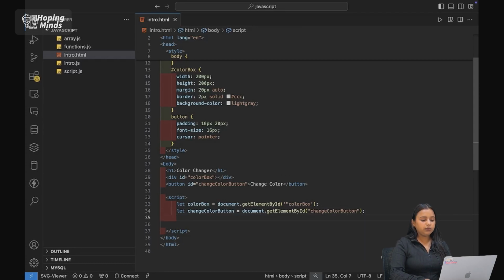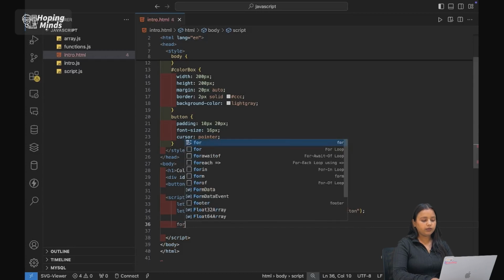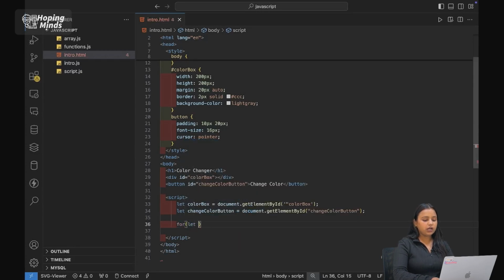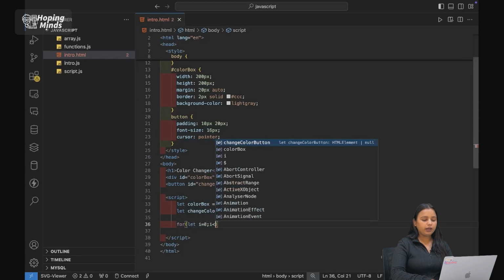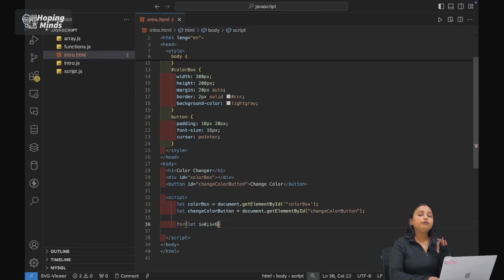So now let's come down, and I want different colors. So you know that we need to have some color also. For that let's have a loop, which will start from let i equals 0 and go till 6, because we have hex code in terms of 6 digits, a combination of digits and characters. So we are going to do that only. It will consider 6 elements.